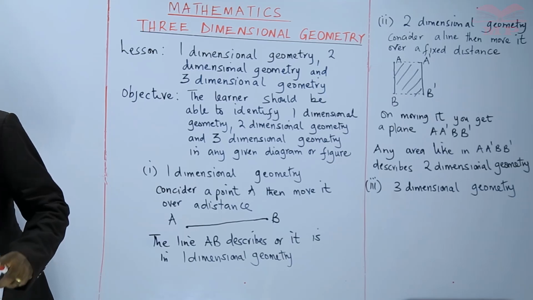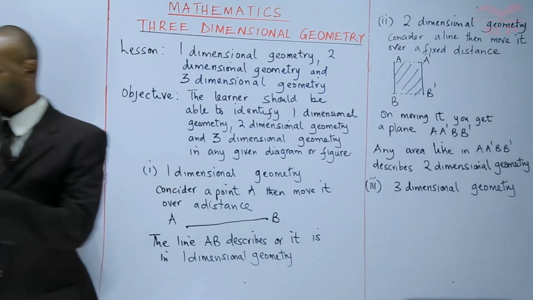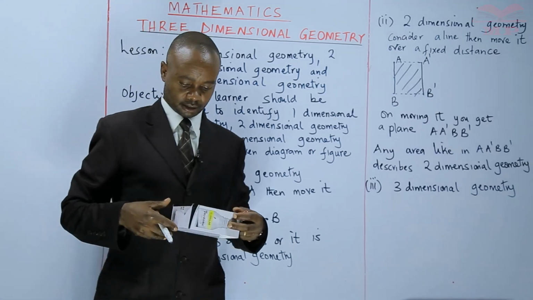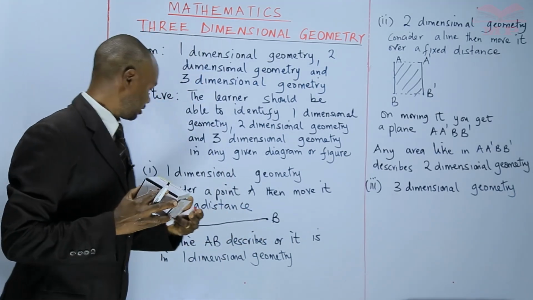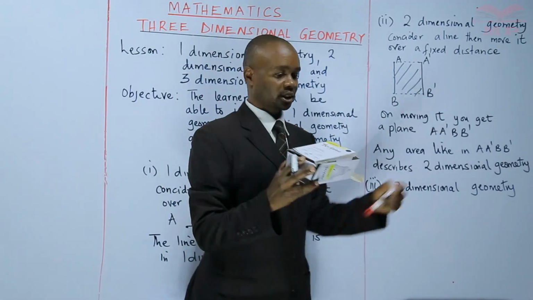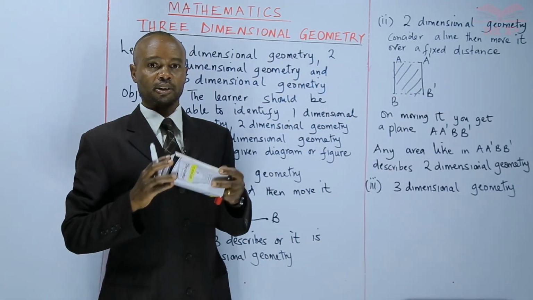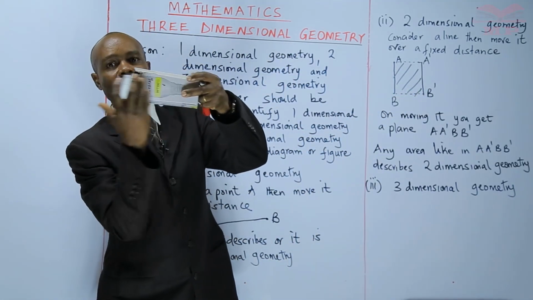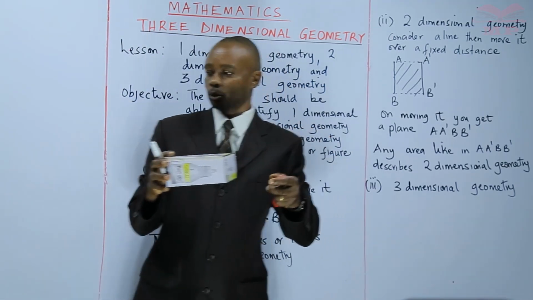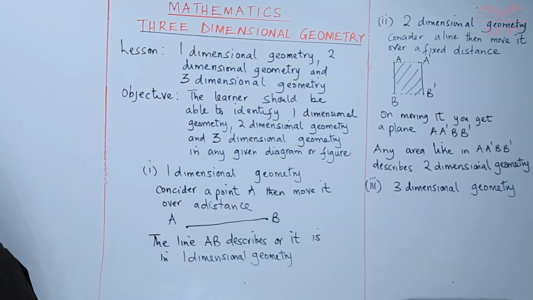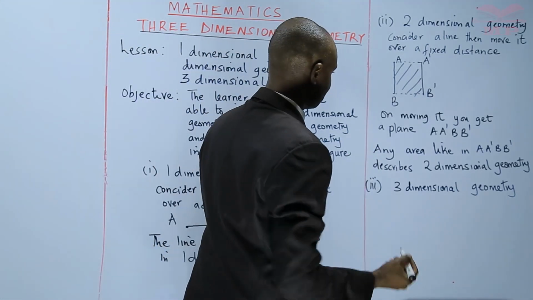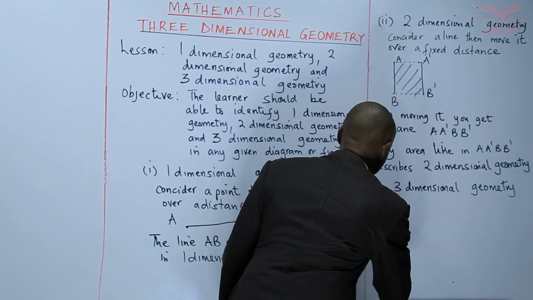We developed a point to get a line. We've developed a line to get a plane. So if you look at this plane, it only describes two-dimensional geometry. We are going to consider, in three-dimensional geometry, consider